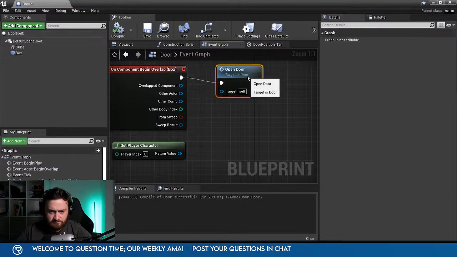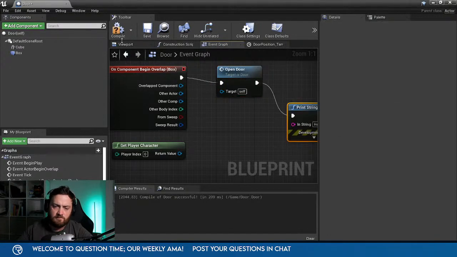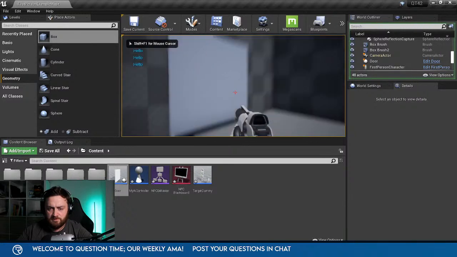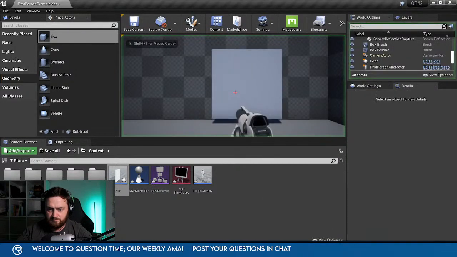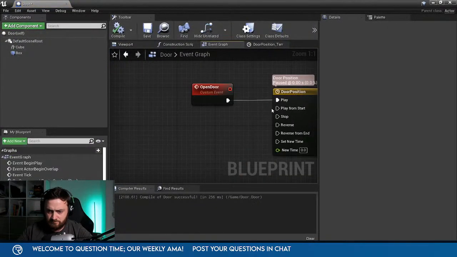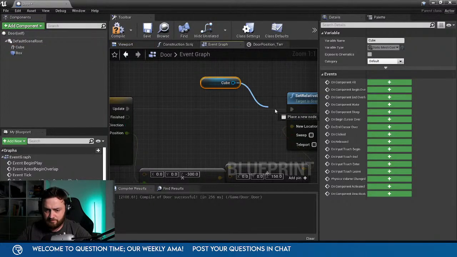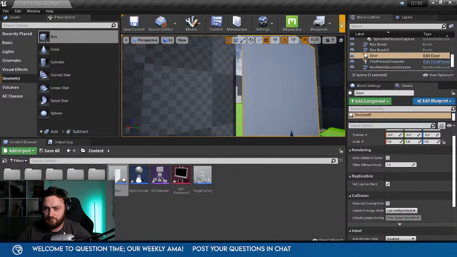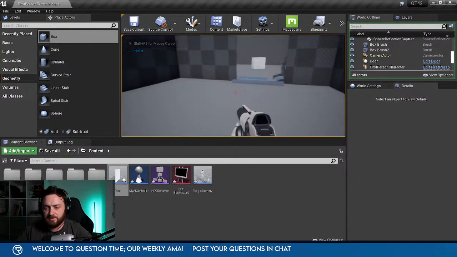Yeah, overlap. Oh, it's stuck in the wall. Oh, moving the box. I want to move the cube. There we go. Yeah, so now the door's open, he'll come to me, okay?